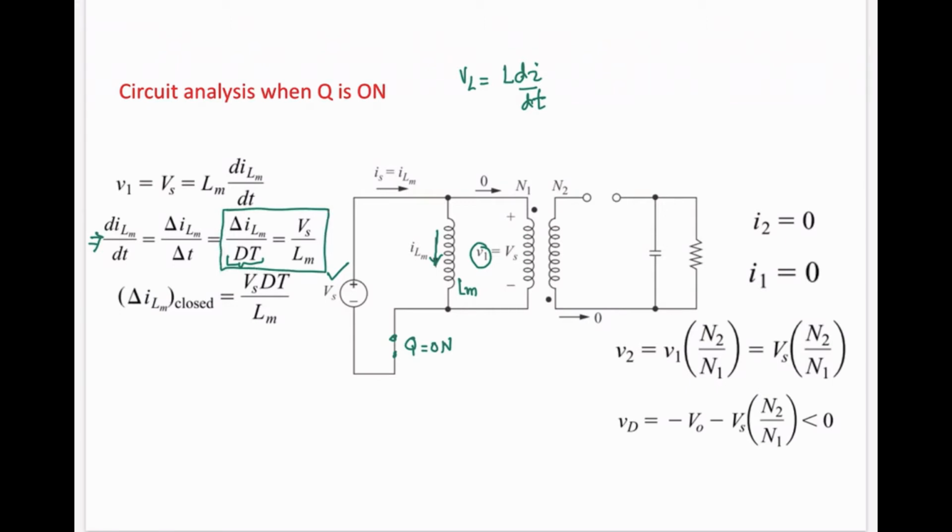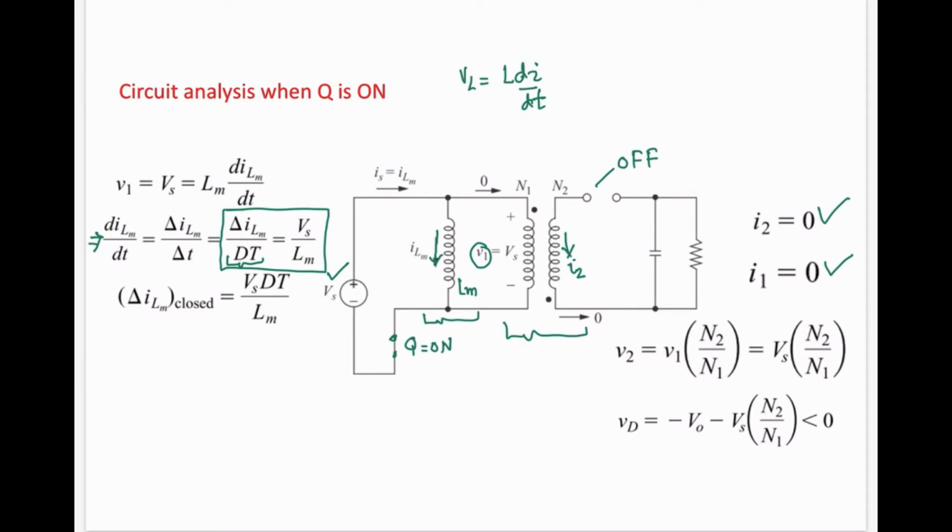So this is the analysis of the primary side of this transformer. Now let's look at the secondary side of the transformer. What is the current in the secondary winding? The current over here, I2, is 0 because our diode is in the off state, so it is open circuit. And what about the current in the primary winding? Because this is the ideal transformer, I1 is also 0. The whole current is assumed to be passing through the magnetization branch.